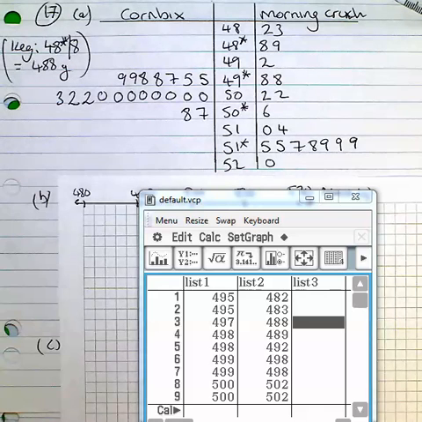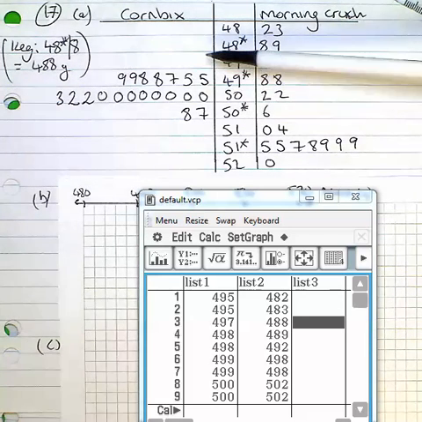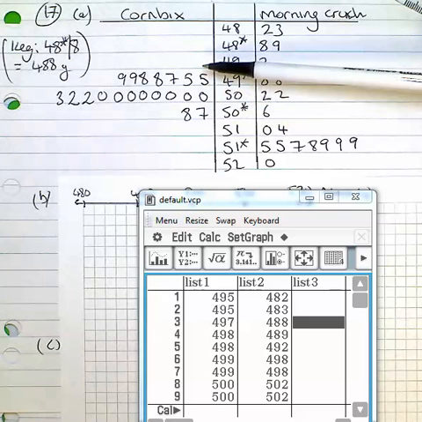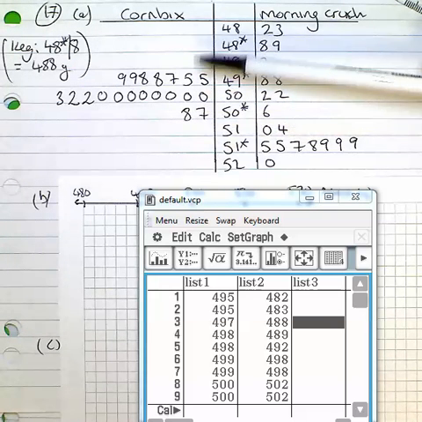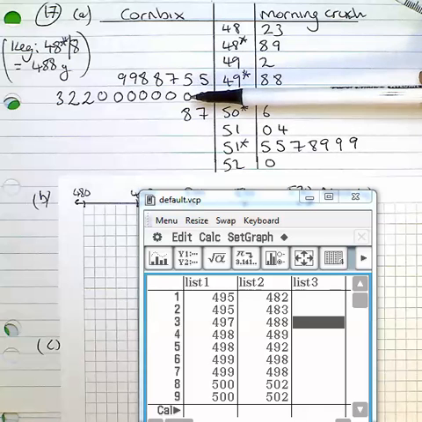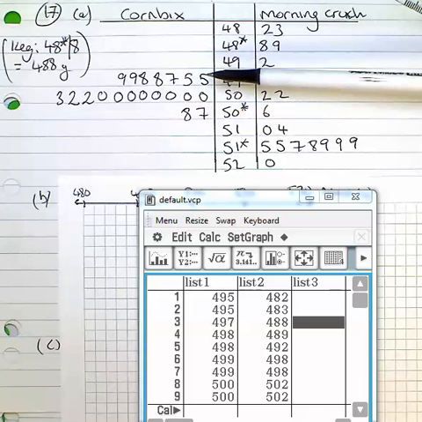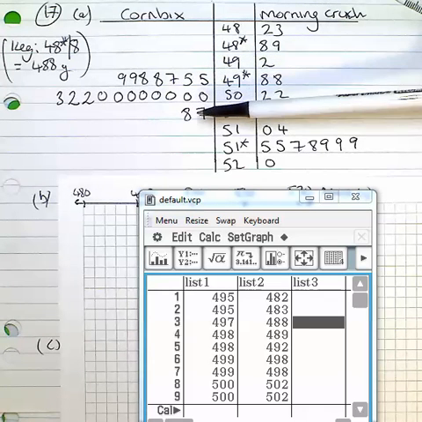The first thing you're asked to do is to produce a back-to-back stem plot using a class size of 5. So you can see it there, my key, a bit squished up in the left-hand corner, and straight away you can see that the Cornbeck's data is very, very tight. In other words, we don't have much variation. A lot of boxes came in at 500, none came in less than 495, and only a couple came in